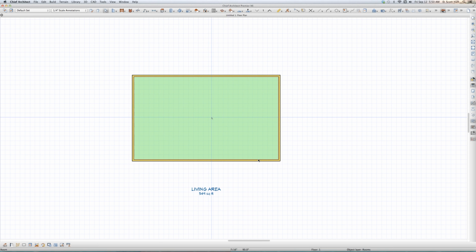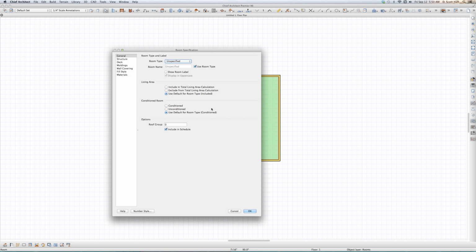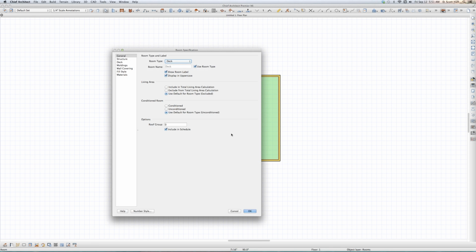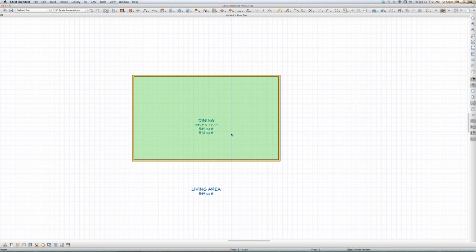Why is that? Because this is my first beef. Because it's labeled unspecified. Once I give it a tab, oh boy. Once I give it a name, I suddenly get that, right? Okay, that's good. Oh, I didn't want a deck. Dining. Okay, now I'm gonna create another room, PI, and let's see if I get the